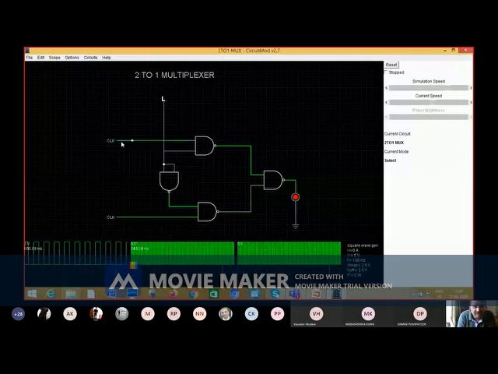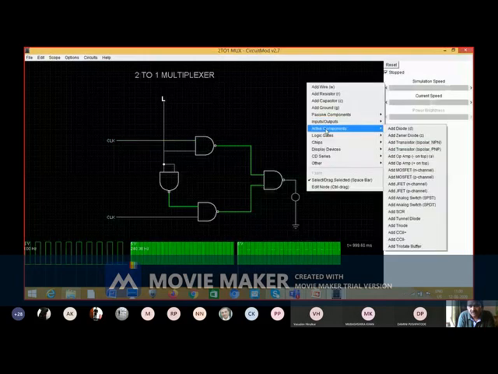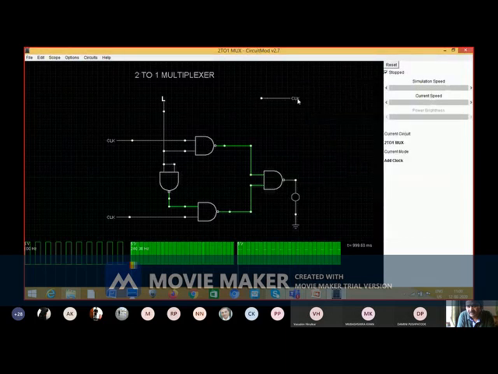So right now here what I did, I have added clock. So from where you get a clock, go to the display, just wait, clock, yeah. In input and output, you will find a clock. You need to set certain parameters of the clock.